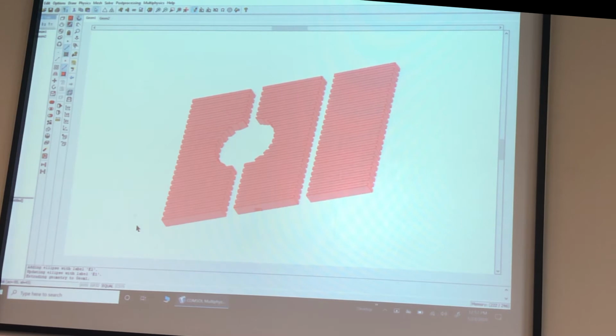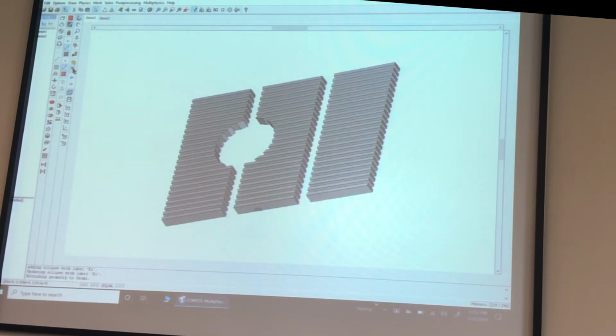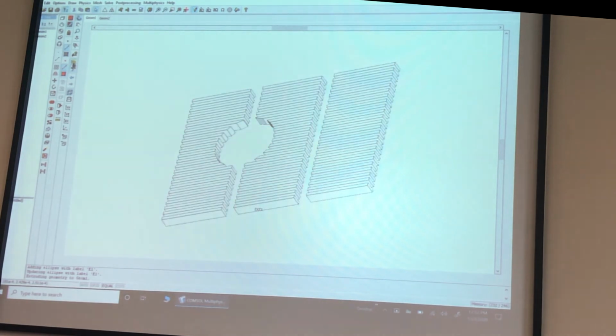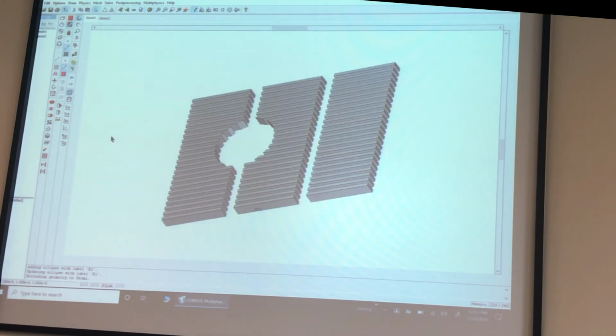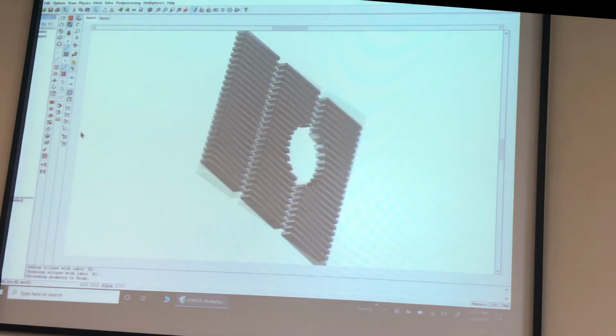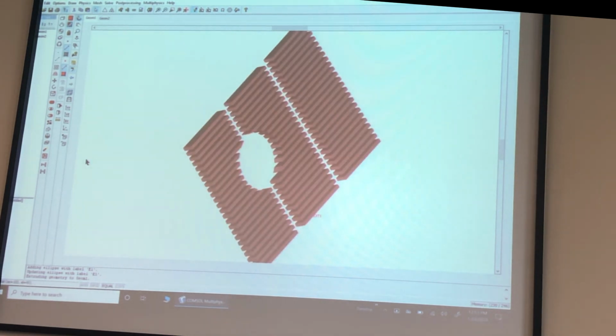Oh, and also when you're in 3D, you could change the lighting of things. So here's like headlamp. This right here is a different type of lighting. You could change the camera position, things like that. You can also do transparent things. You can change the perspective. Like this is just orthographic. This right here is